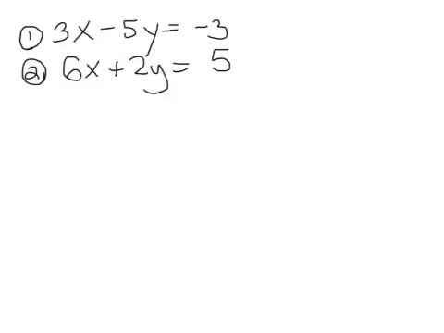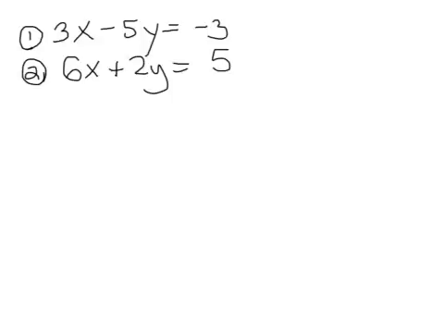Okay, here we have a system of equations, and we're asked to solve for x and y. And we have a choice of substitution method or elimination method. Well, because there are a 3 and a 6 in front of the x's, and a 5 and a 2 in front of the y's, the substitution method would not be the best choice. You would normally use that when one of these variables has a coefficient of 1 or has already been isolated. So instead we'll use the elimination method, also known as the addition method, and instead try to figure out if